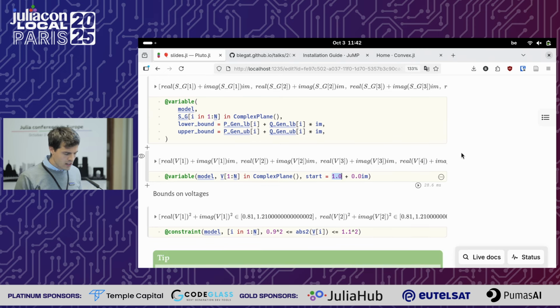Okay. Now suppose you want to add bounds on the voltage. One thing you, of course, often need to do with complex numbers is to ask for the absolute value, the modulus of the complex number. If you ask for the absolute value of a complex number, you need to take the squares of the real and imaginary parts, and then you need to take the square root. The issue is if you take the square root, you leave the realm of